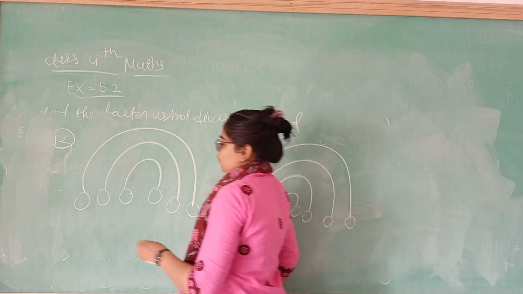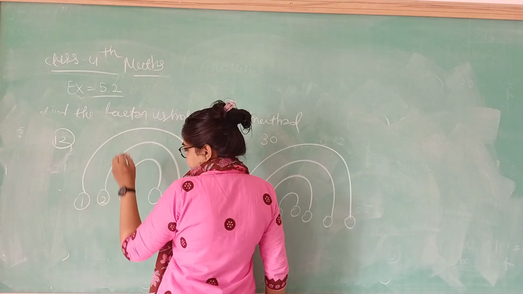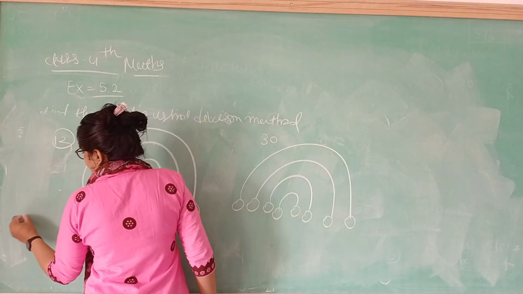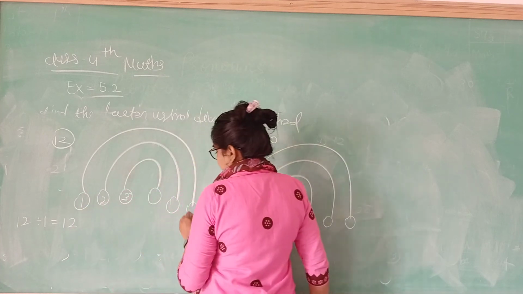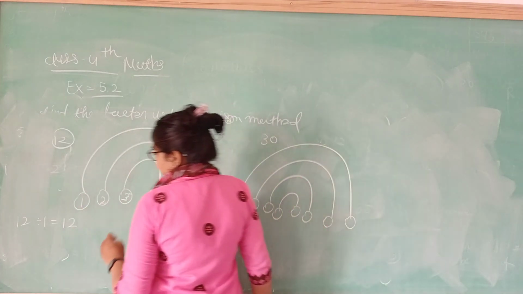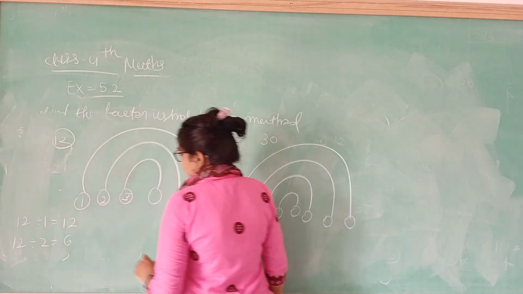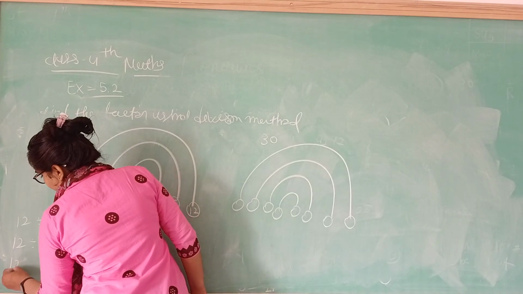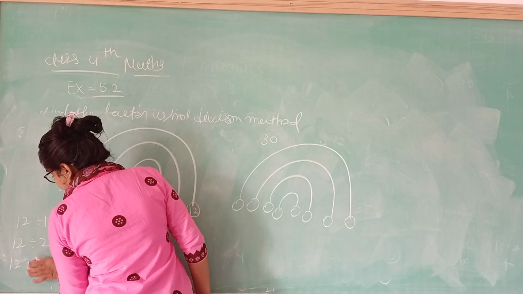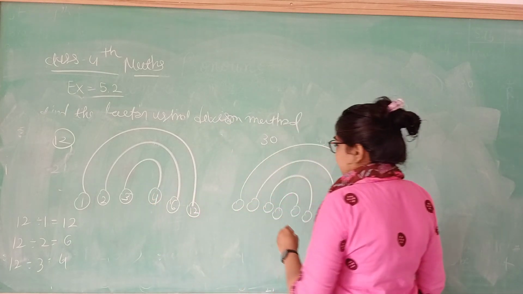My dear students, 12. So first write down here 1, then 2, here 3. Okay. So 12 divided by 1. What answer do we get? 12. So here write down 12. Then 12 divided by 2. 2 6s are 12. Then what answer do we get? 6. Then write down 6 here. Then 12 divided by 3. What answer do we get? 4. Then write down 4 here. Same way here.